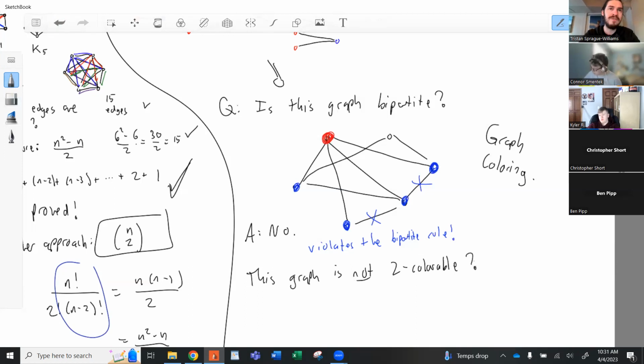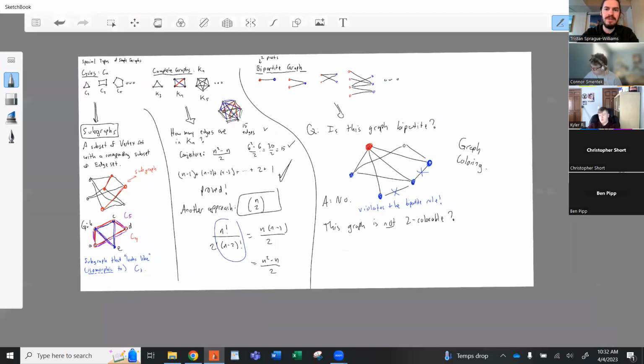When you're talking about graph coloring, we always follow that rule that adjacent vertices cannot be the same color. So it is not possible to color the vertices of this graph with only 2 colors. It would require more than 2. So it is not 2 colorable. And the concept of a graph being 2 colorable is in fact synonymous with it being bipartite. So a bipartite graph is a 2 colorable graph, if and only if. So that is one approach to